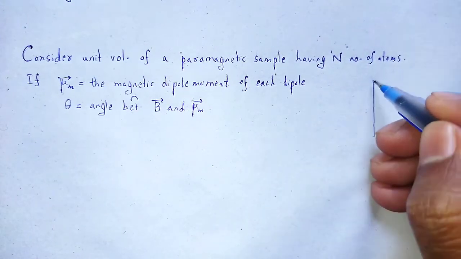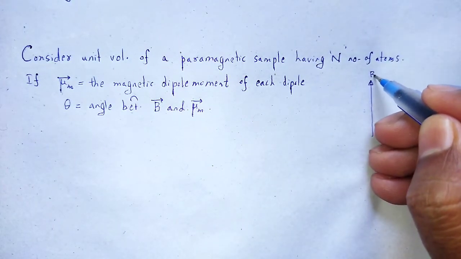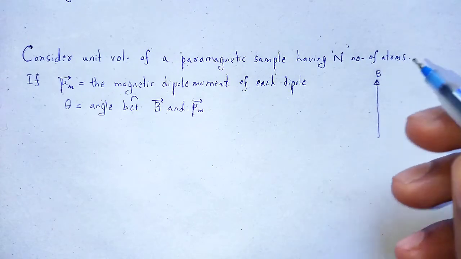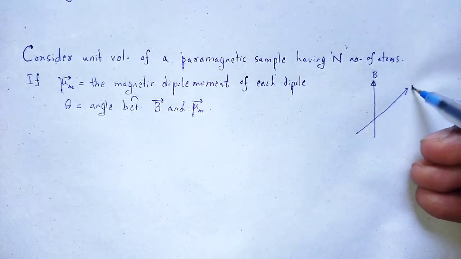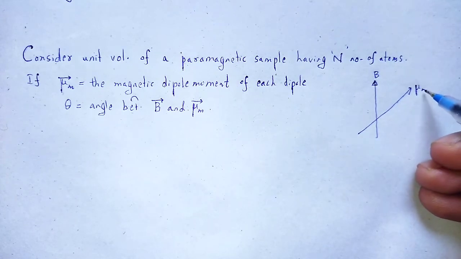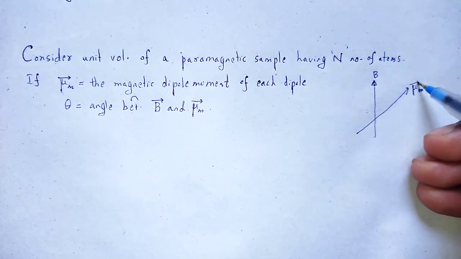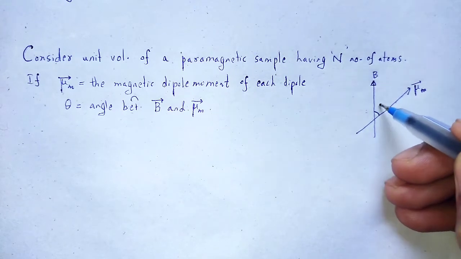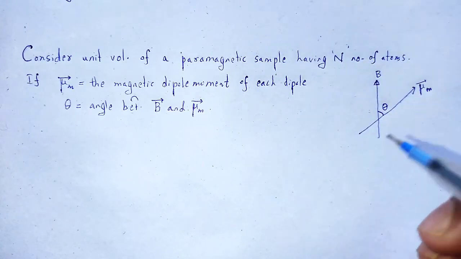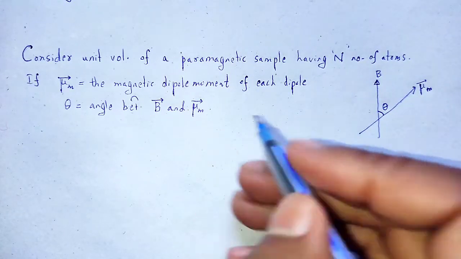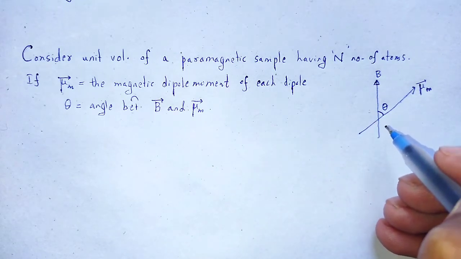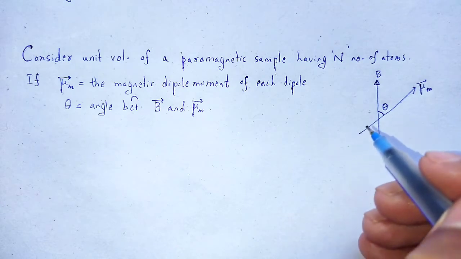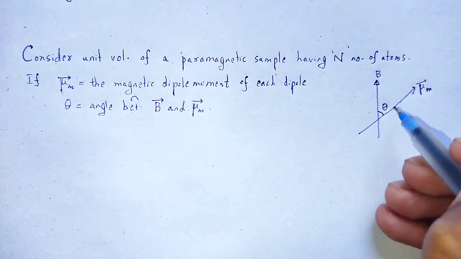If that is the applied magnetic field and the magnetic dipole moment, the angle in between these two is theta. It experiences a torque. The torque acting on the dipole,